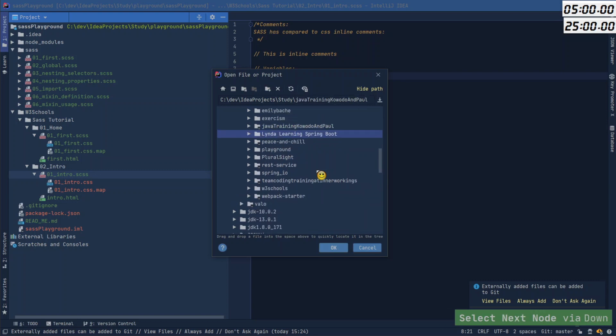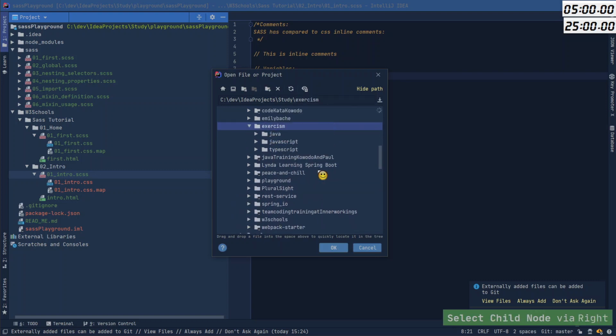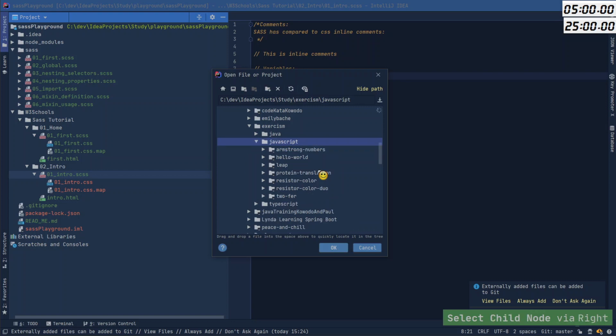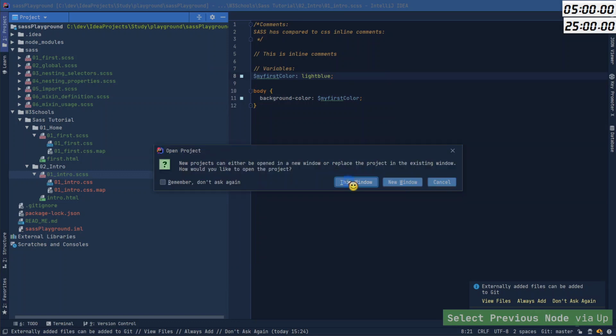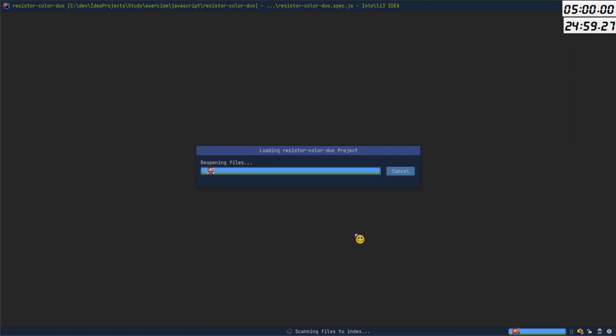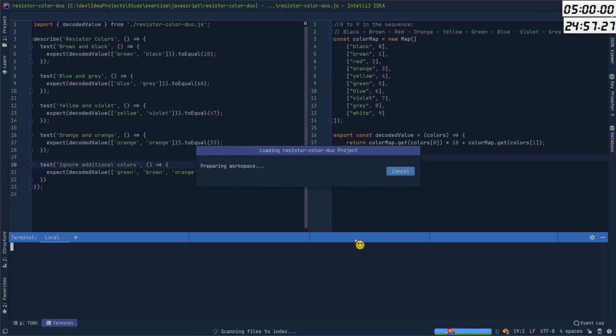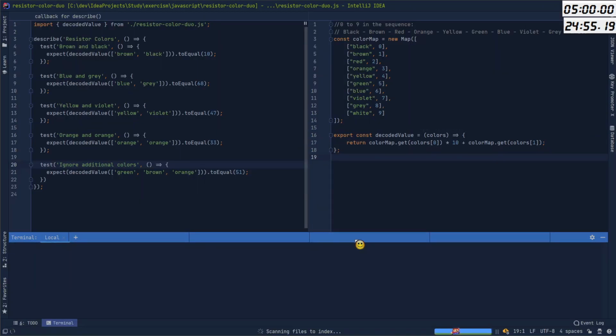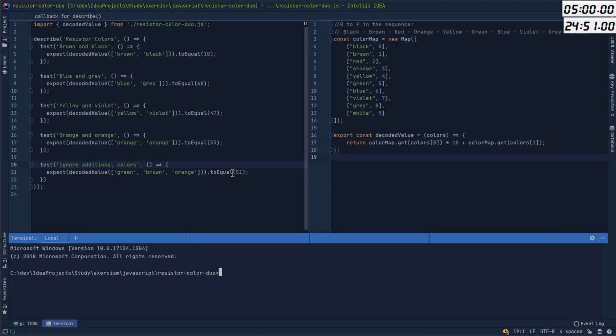So I want exercism.io, JavaScript, and it is Resistor Color Duo in this window, please. And I forgot to start the time, so I will do that now. That cost me 3 or 4 minutes. Oh, that's okay.